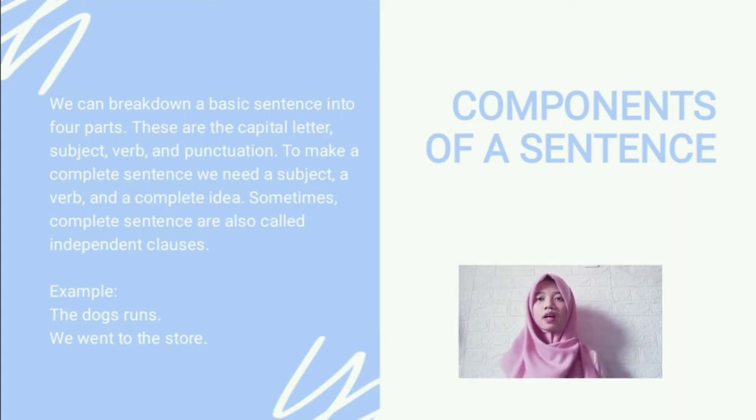Sometimes complete sentences are also called independent clauses. A clause is a group of words that may make up a sentence. An independent clause is a group of words that may stand alone as a complete, grammatically correct thought. Example: "We went to the store, we bought the ingredients on our list, and then we went home." In this sentence, the independent clauses are: we went to the store, we bought the ingredients on our list, we went home. All complete sentences have at least one independent clause. You can identify an independent clause by reading it on its own and looking for the subject and the verb.